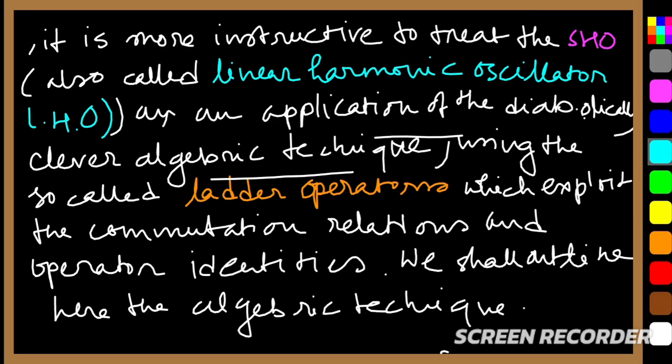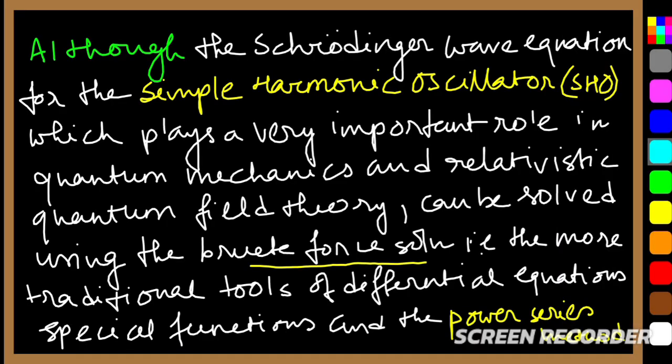So when you use the ladder operator for calculation, you have to keep in mind there must be commutation relation and also operator identities. ওকে, তো যখনই তুমি ল্যাডার অপারেটর ইউজ করবে তখন মনে রাখতে হবে যে সেখানে কমিউটেশন রিলেশন এবং অপারেটরের যে আইডেন্টিটিস সেগুলো থাকবে। ওকে, নেক্সট। সো উই শ্যাল আউটলাইন হেয়ার দ্য অ্যালজেব্রিক টেকনিক। তো সেক্ষেত্রে আমাদের কিছু অ্যালজেব্রিক টেকনিক জানতে হবে। ওকে,